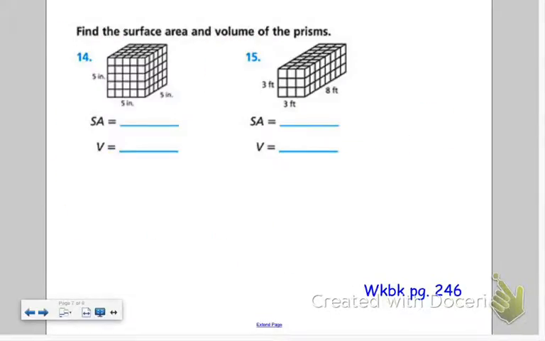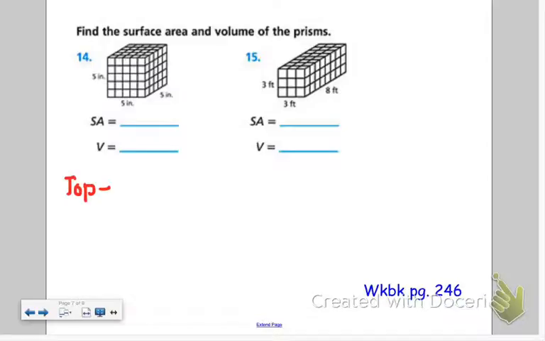So let's take a look at numbers. We're just going to do 14 and 15. You're going to do 16 on your own. We're going to find the surface area and the volume of the prisms. So if I start with number 14, the surface area, let's see, it looks like the top